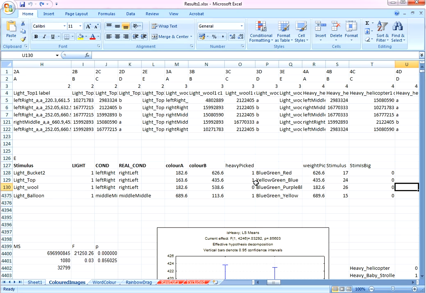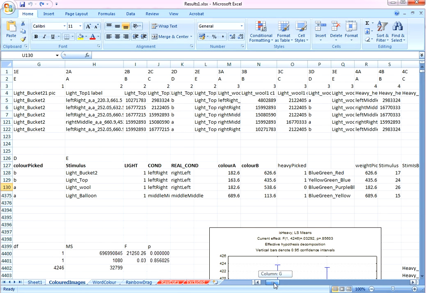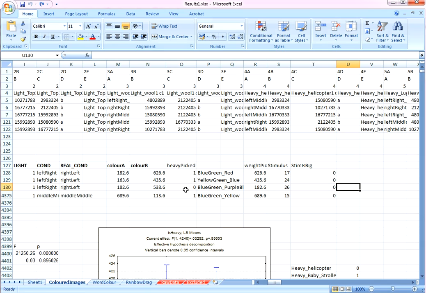Now what I did was, similar to the previous analysis, it was just a very simple analysis. I'm just thinking off the top of my head here, what on earth did I do? Let me pause it for a sec. Okay, I recalled. Sorry. Here we go. It's actually super simple. I took all the stimuli that were heavy and all the stimuli that were light,